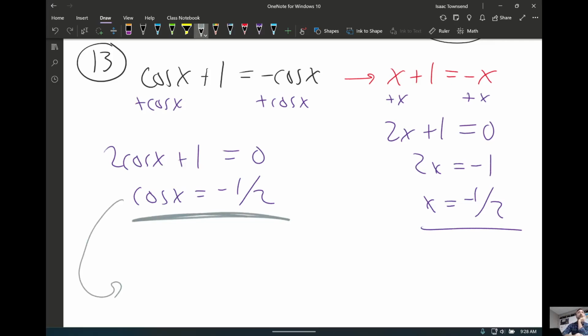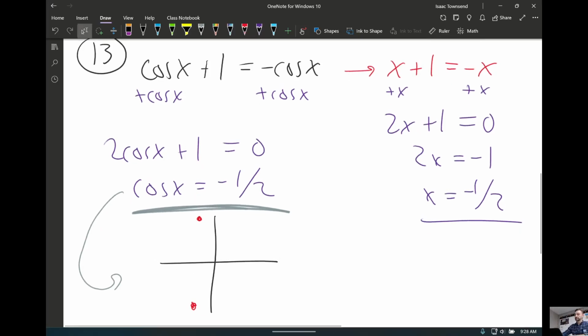So this is where it becomes unique. The first few steps should not be any harder than this. In fact, you can actually write it out this way if it helps you. But to finish, I need to think about where's cosine negative 1/2. Again, I know it's been a break, but if you guys learned the unit circle correctly, then it might be a little bit slower, but you should still be able to get where cosine is negative 1/2. And then I would look at the directions, because it depends. Sometimes it's going to say give the answers between 0 and 2 pi, and sometimes it's going to say solve. This one says solve, so I'm going to give this answer